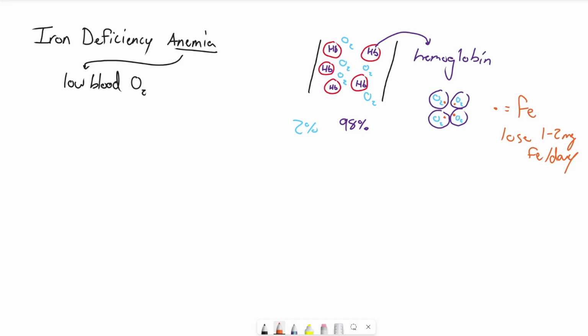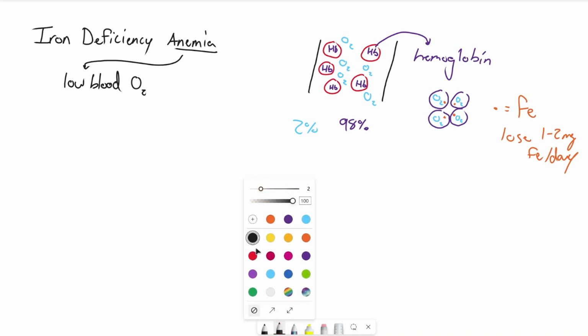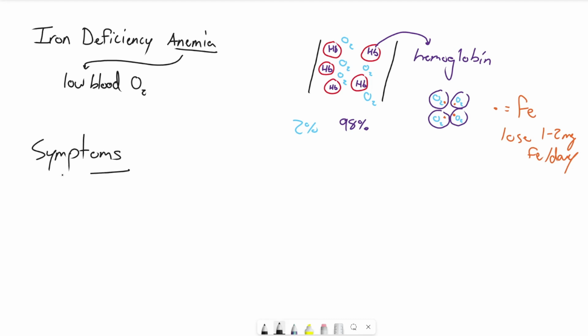So we're able to produce the amount of hemoglobin that our body needs to survive. And if we don't, then we develop this condition called iron deficiency anemia, whether that's from not eating enough iron-rich foods or we have some problem with reabsorption in our gut, we end up not having enough iron in our system and we get the symptoms of iron deficiency anemia, which are dizziness,